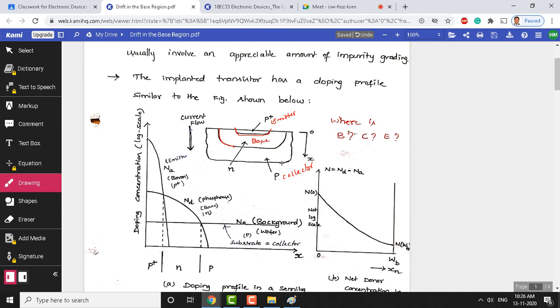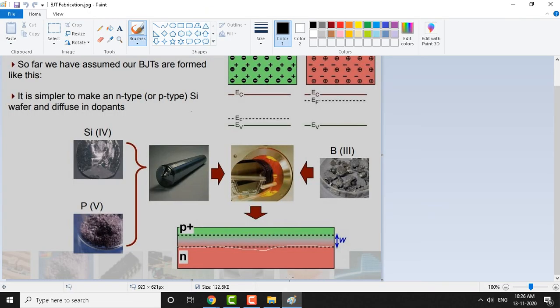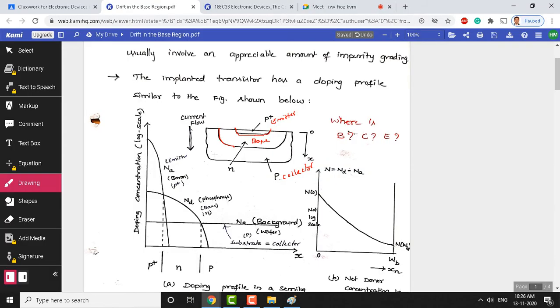And look here, the base material to start fabricating this BJT is n type, as we have shown in the diagram. But to make a p plus n p transistor, we should start with the base material as p type here, as you are seeing. This is a background material or wafer, and what you are seeing here is of p type. That is why the doping profile for this is going to be constant. That means across the entire wafer surface you will have equal doping, the entire wafer is of p type.